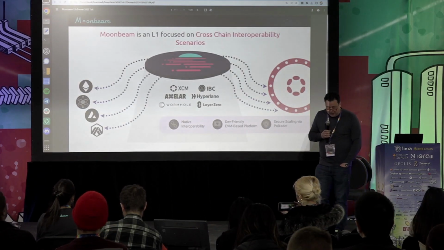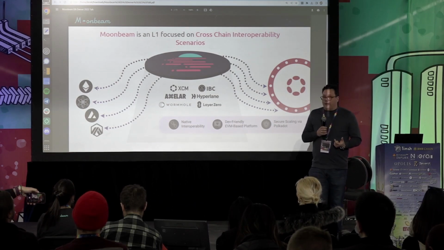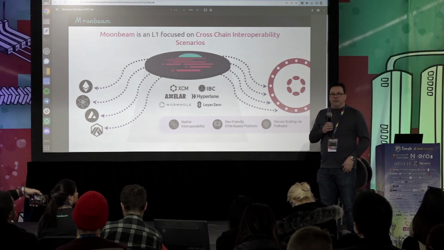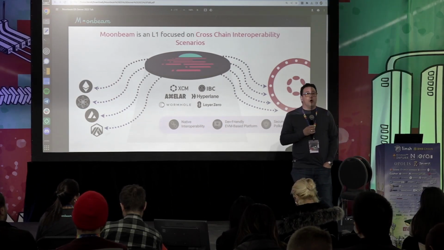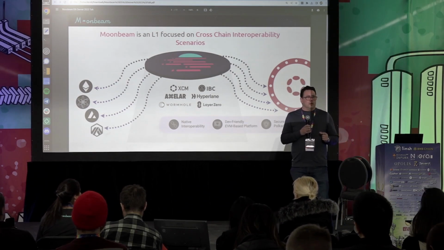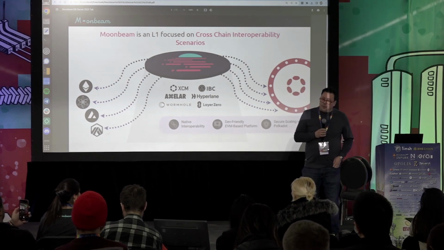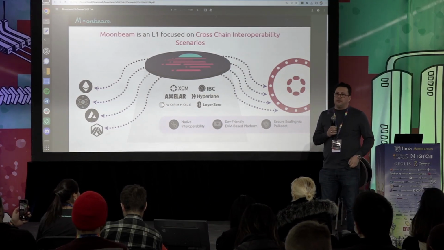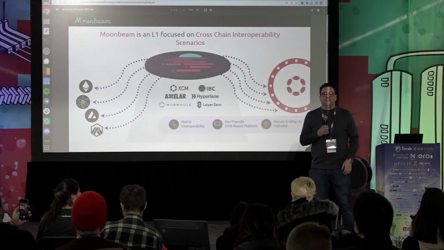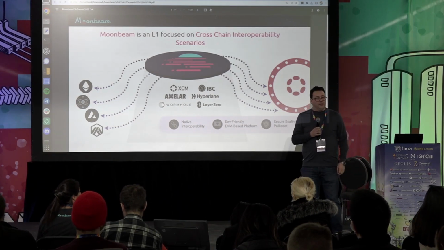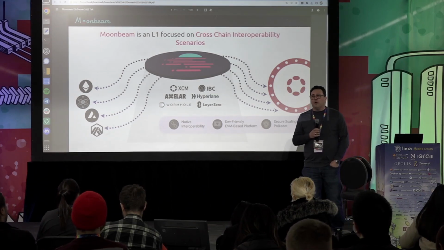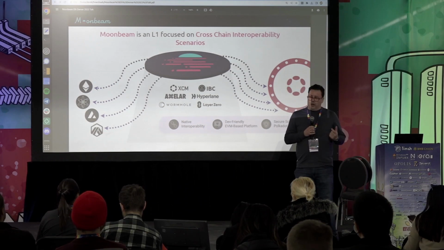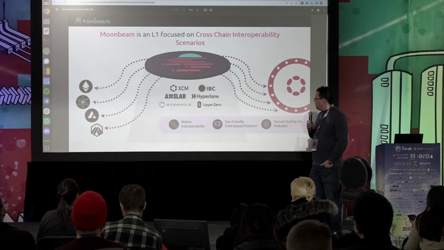So just to give a little bit of context as to the point of view that I have and how I'm getting information about these different cross-chain scenarios. Moonbeam is a layer 1 blockchain that specifically focuses on cross-chain and interoperability use cases. It's built as a parachain. It's part of the Polkadot ecosystem. So it has some built-in communications capabilities with other chains that are within the Polkadot ecosystem. They're called parachains. But it also has a number of other tools and integrations around it that are designed to facilitate cross-chain development. Some of those are general message passing protocols.